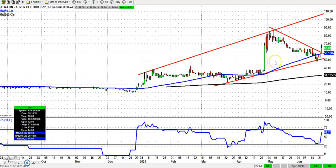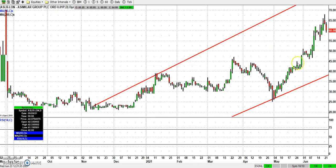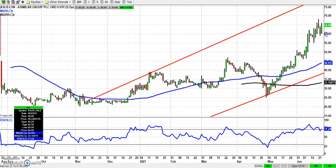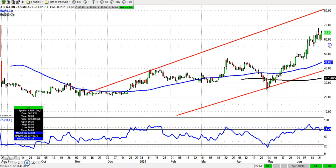the bull argument. On to a requested stock, which is Asimilar, which I've covered quite a few times here before. Interesting that we had a slightly sticky day yesterday with a nudge just below 60 pence, but we're back above the initial June resistance, that early June resistance there at 62 pence, and the longer we stay above that, the greater the chance of a move towards 80 pence at the top of that rising November trend channel. This stage only really back below that last swing low, that 55, really delaying the upside